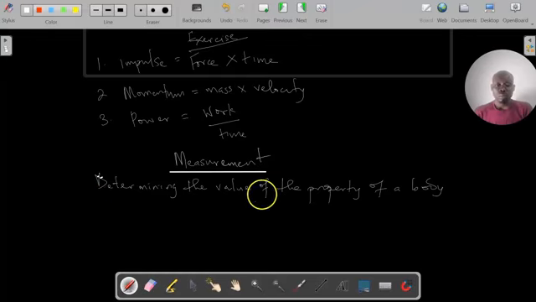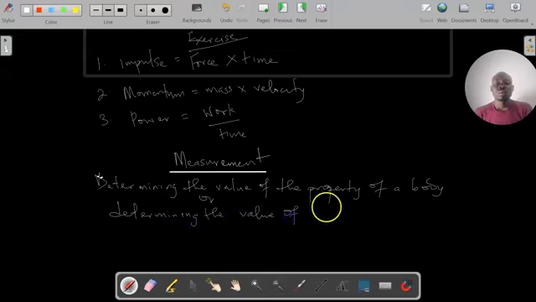Okay, or determining the value of a physical quantity. Right? That's called measurement. And that is why, because we cannot determine the measurement of a physical quantity accurately, due to the instruments that may not give us the exact value,